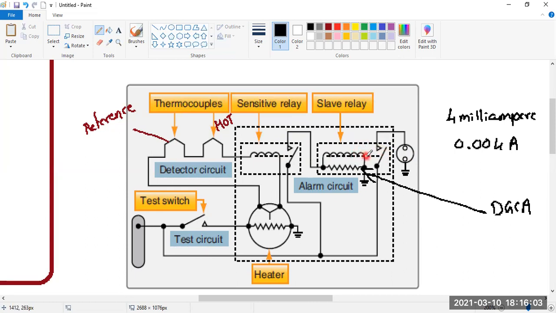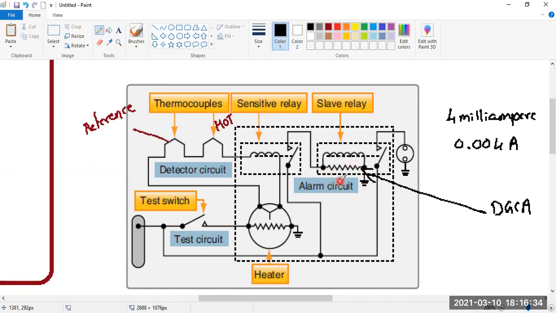As the magnetic field collapses, there would be self induction. What happens, beta? Self induction. And the self-induced voltage can cause arcing in the contact. And what are the contacts like, beta? They are light in weight, so that can burn the contact or it can weld the contact in the closed position. We don't want that. So we want to prevent the arcing across the contact. So what do we use? We use the resistor. Whatever self-induced voltage will be produced in the slave relay will be put to the ground by using the resistor.